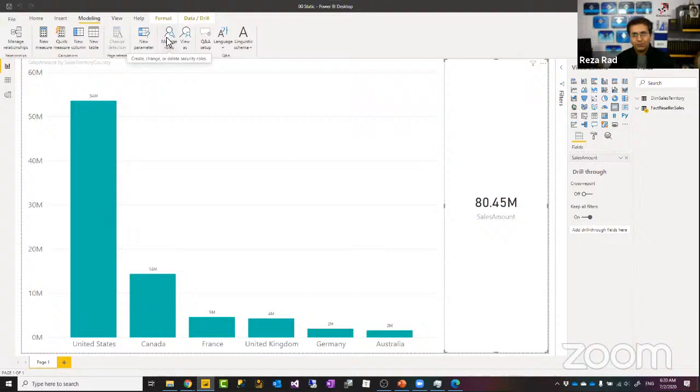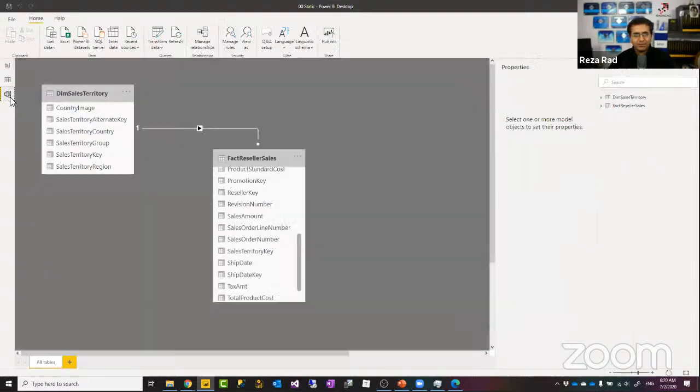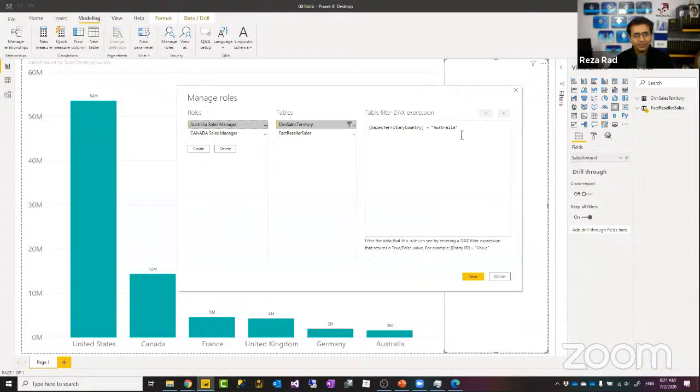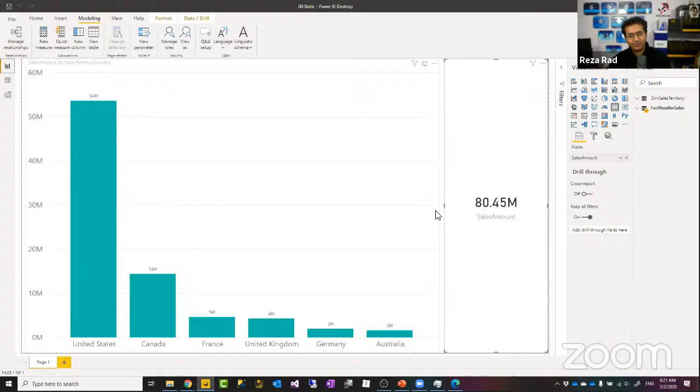And normally your Power BI file is not this simple, with just a couple of tables. You have many more tables and your model would be more complicated than this. So your logic is stored inside the Power BI Desktop file, and that is why we call it static row-level security: I define the logic inside here. I said this role is filtered for Australia. I hard code this information over here. That can work for scenarios with very few roles and very few changes.